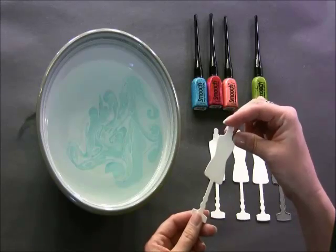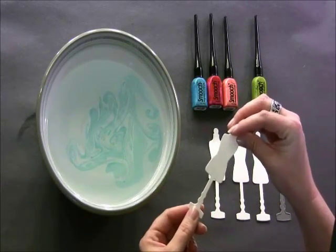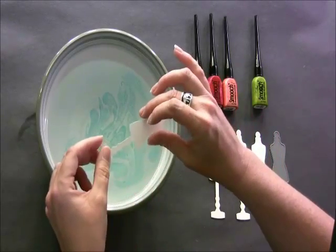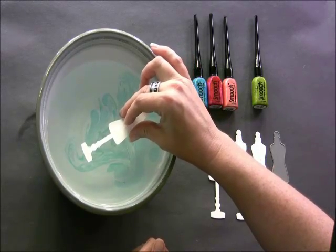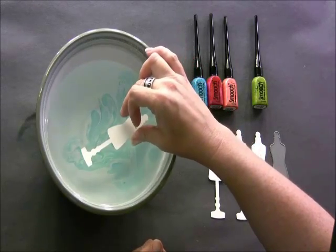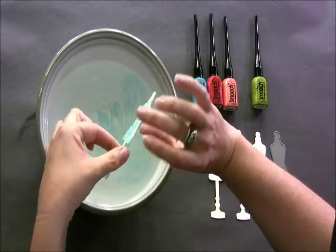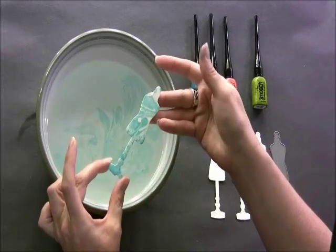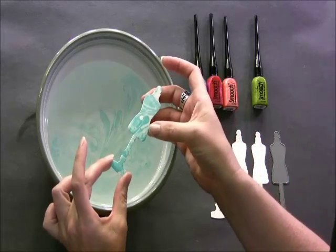Next, I'm going to take a little dress form that I've die cut using the So Nifty Dynamic from My Favorite Things, and I've cut out a piece of watercolor paper. And all you want to do is lay your paper flat on the surface of the water. And I just drop mine in and then pick it up,